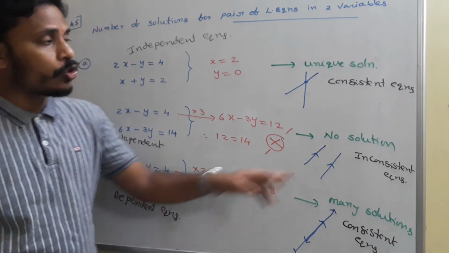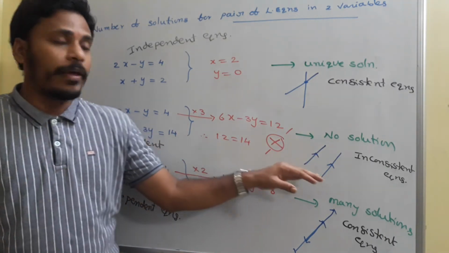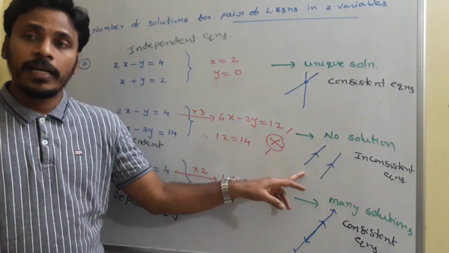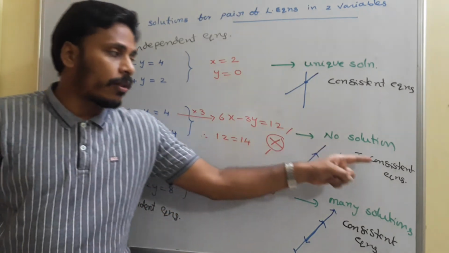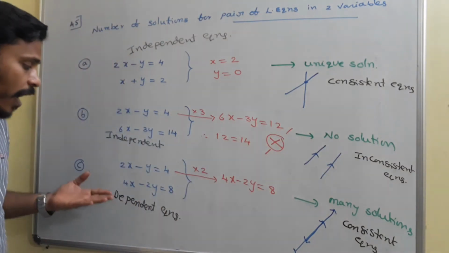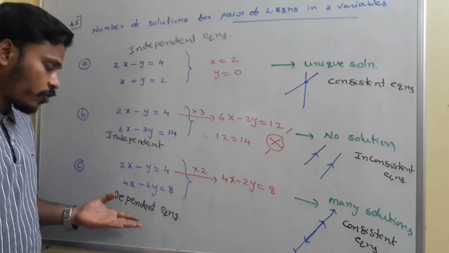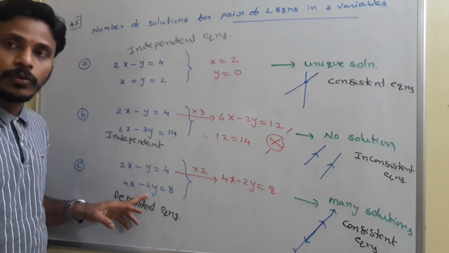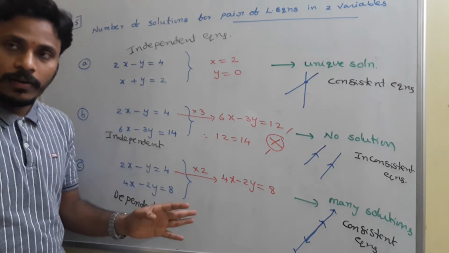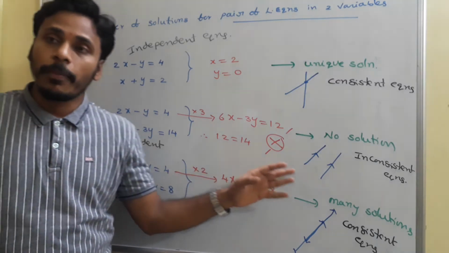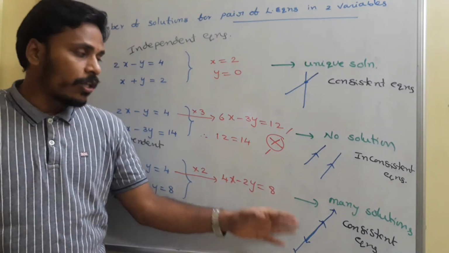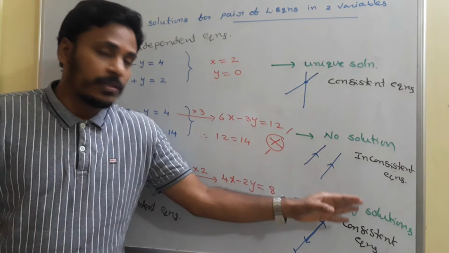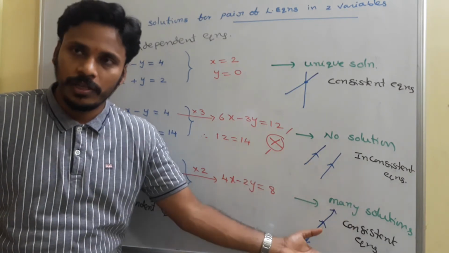Since it has no solution, this system represents a pair of parallel lines on the graph, and since there is no solution, we call them inconsistent equations. And in the last case, there we have two equations actually, but they look like only one. If you analyze, it represents a pair of coincident lines. So in the sense, the lines are coincident and they represent many solutions, and since a solution exists, we call them